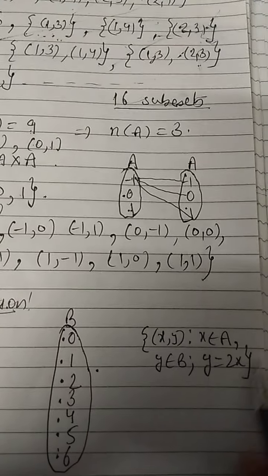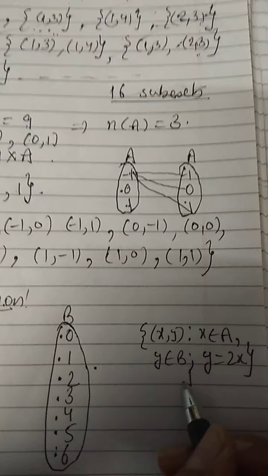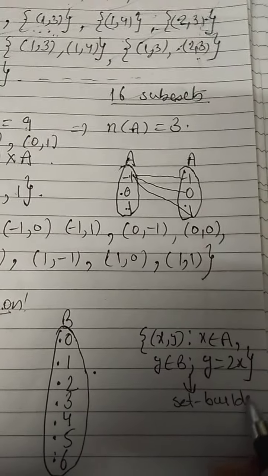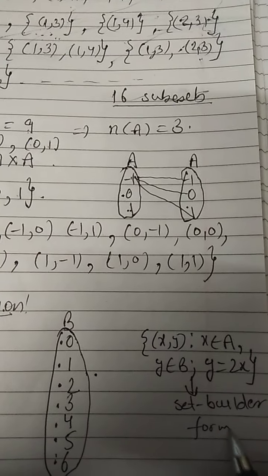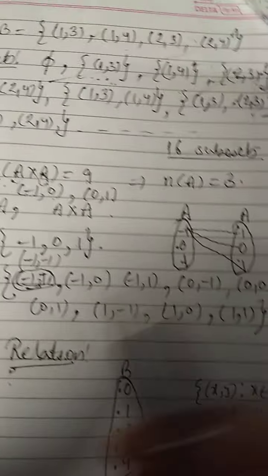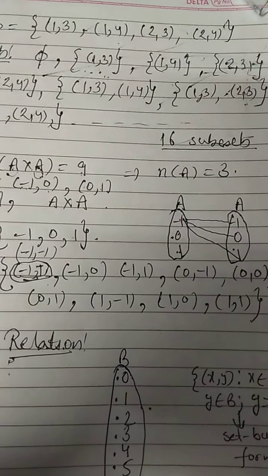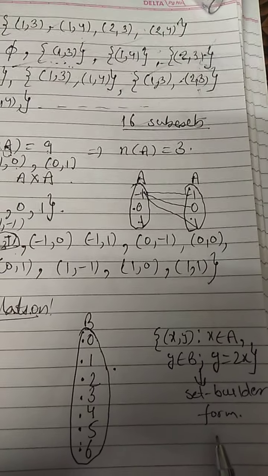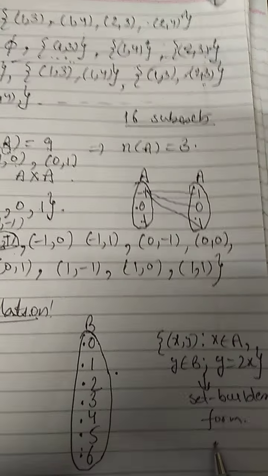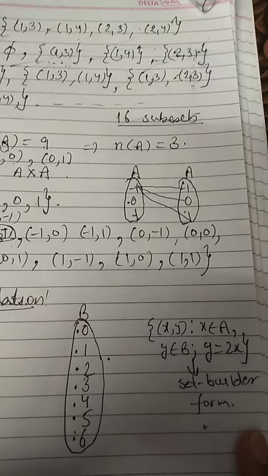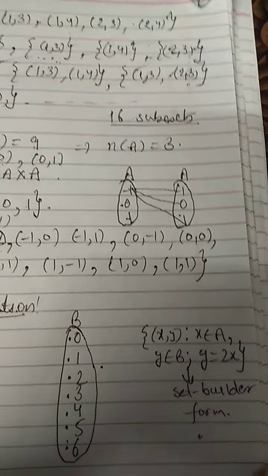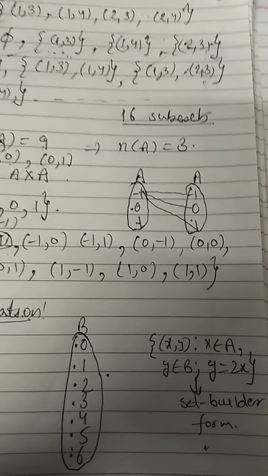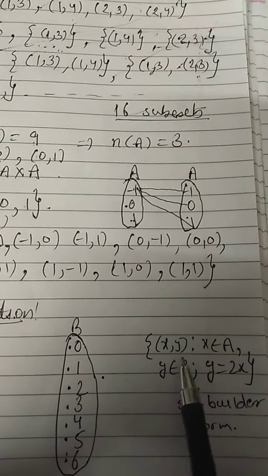What kind of presentation of a set is it? It is the set builder form of a set, right? And this was the roster form of the set, when every element is written separated by commas. But when I write down the particular formula or the pattern that the elements are following, that is the set builder form. And you know very well, when we take the multiplication of two sets, it is again a set.